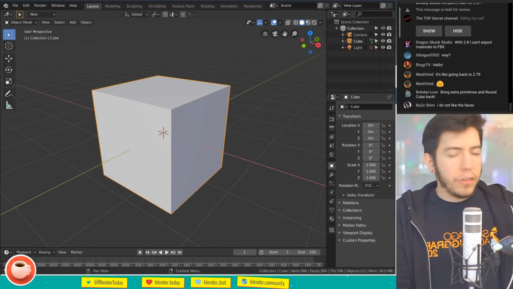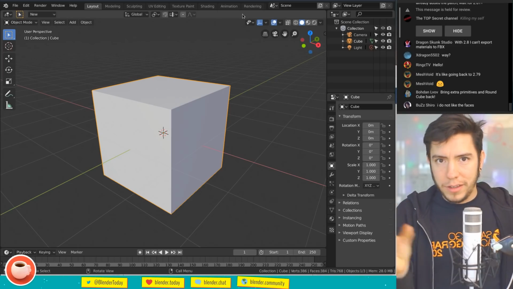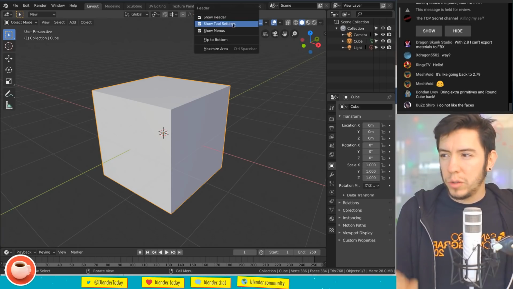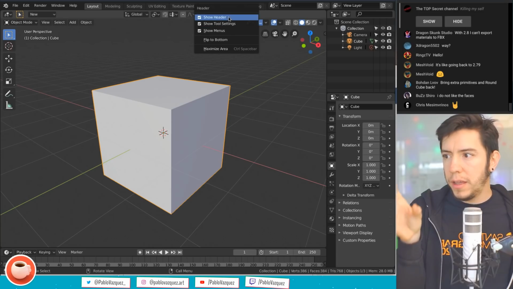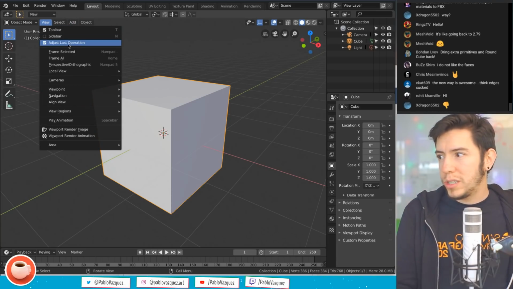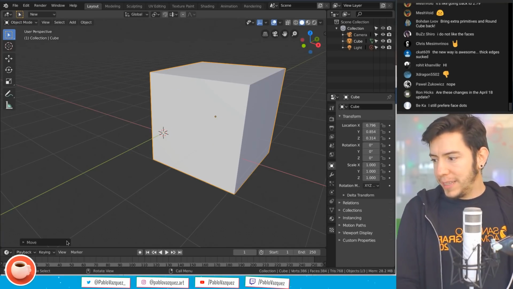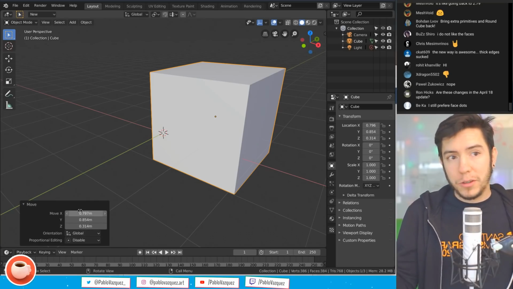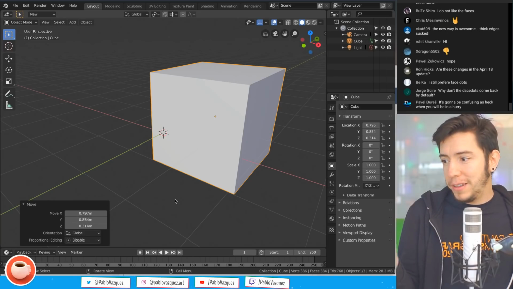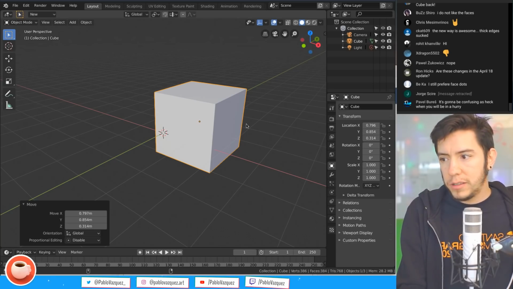Then another option that is kind of similar. It was done at the same time as hiding and unhiding with the right click, the show header, show tool settings, and the show menus. It's an option in the view settings to change the adjust last operation. What's that? Well, this floating panel that appears at the bottom, it's not really floating, it's kind of stuck there, but this panel is enabled by default, but a lot of people were not a big fan of it. It's supposed to